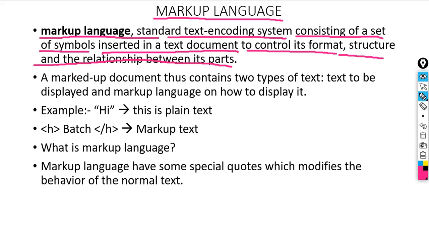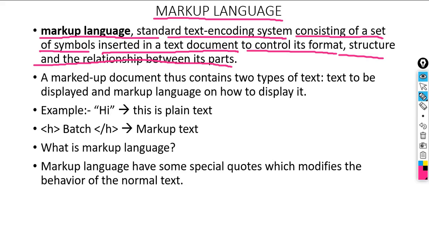Let me give more clarity. Already we have learned why we use markup language: to provide behavior to normal text. And here we are understanding that markup language is a standard text encoding system consisting of a set of symbols.